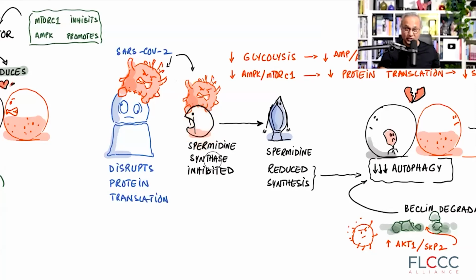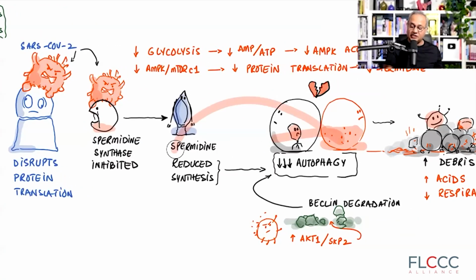This is SARS-CoV-2 doing it. This is spike protein taking part in these things. So it is not just that the spike protein is sitting in the cell and just being a problem for the cell, that it is not being digested. The whole virus and the spike proteins are causing more damage by dysregulating a lot of other mechanisms of the cell. So here, when the spermidine levels are low, then of course you can see that the spermidine's function was to induce autophagy. That autophagy induction is reduced.